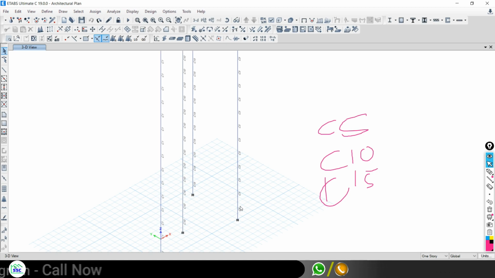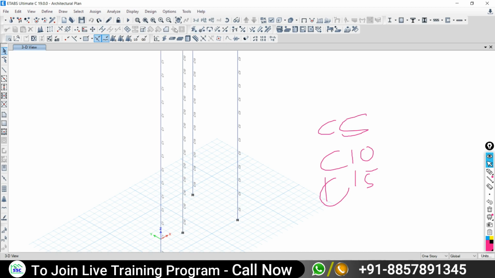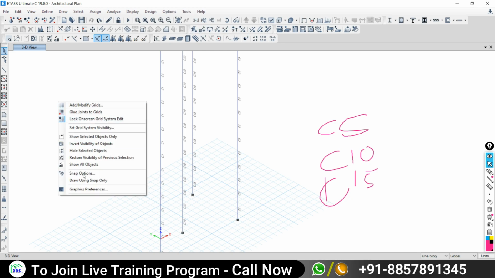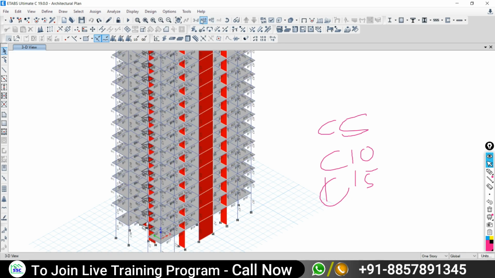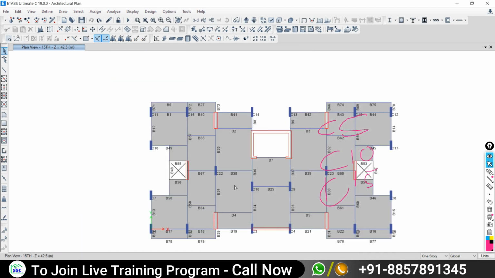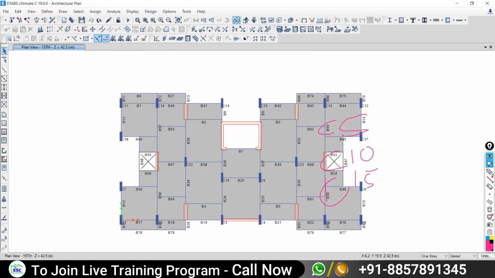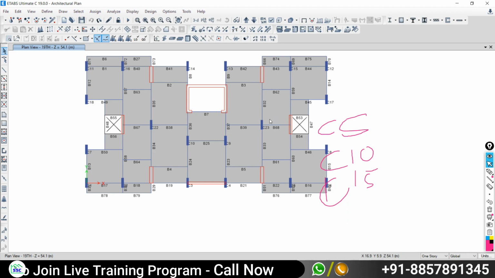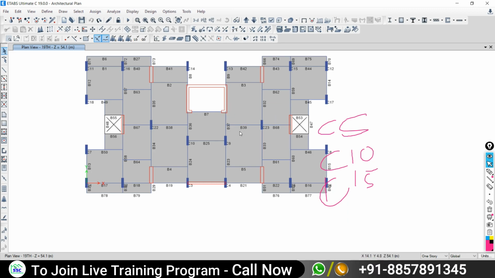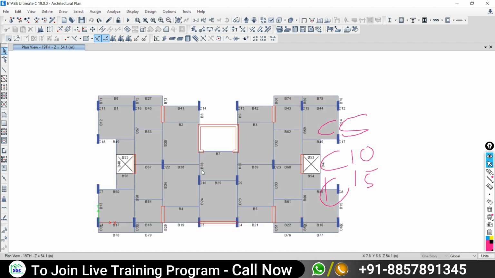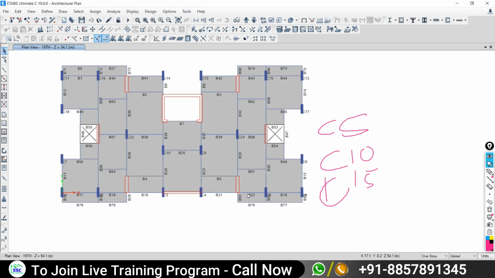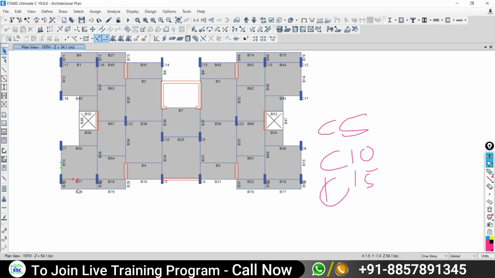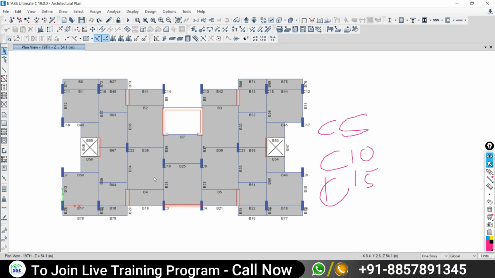Like suppose, very important. Suppose I say show all. Go to plan, 15th floor. This beam is B67. Come to the next level, B67. Here B38. If I tell you to find B66, it will be very difficult for you to find out where B66 is. Will you catch it easily? No, sir.